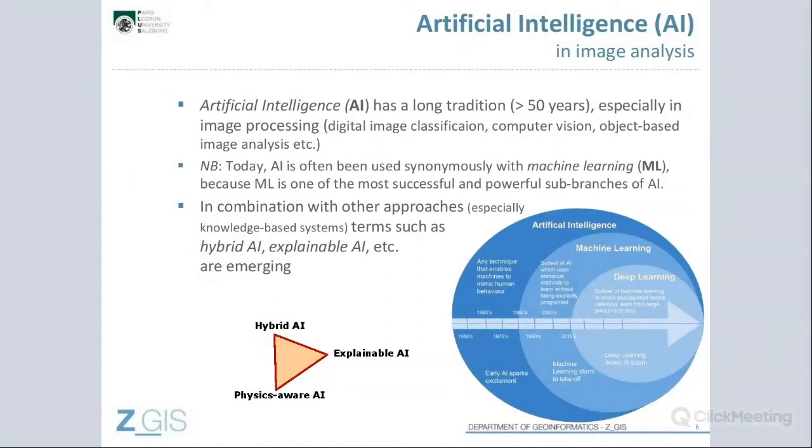Nowadays we have the terms explainable AI or hybrid AI, where we try to bring together the more traditional physical model-based approaches and knowledge-based approaches with machine learning.